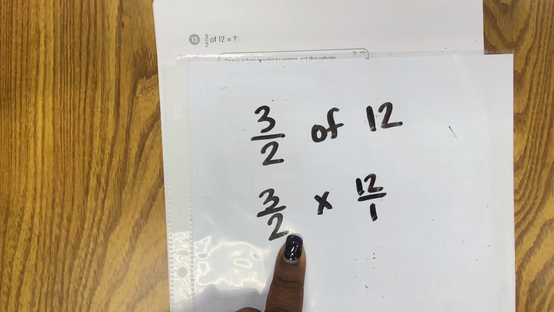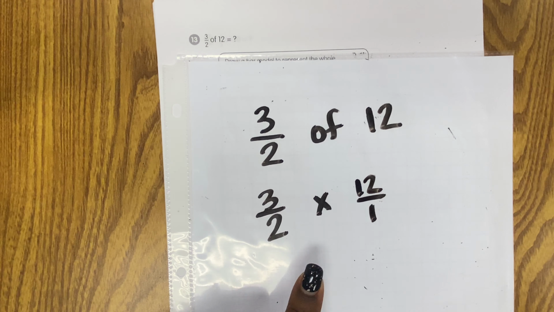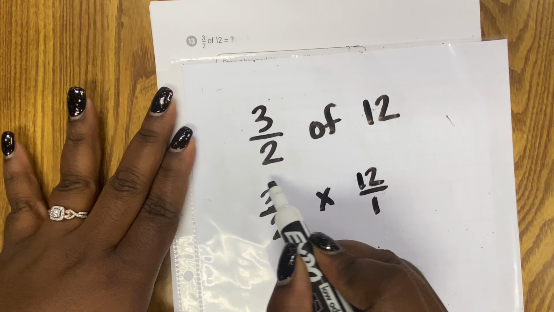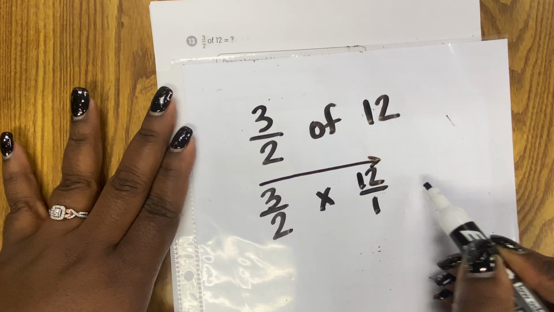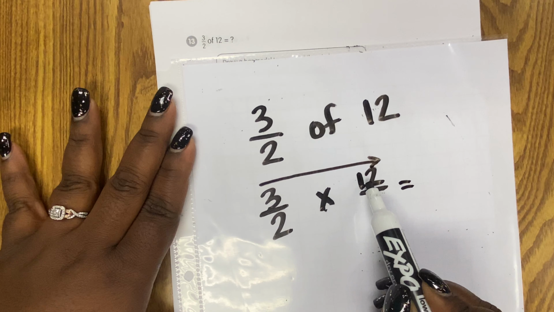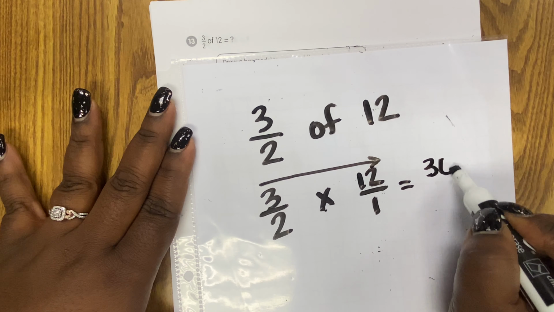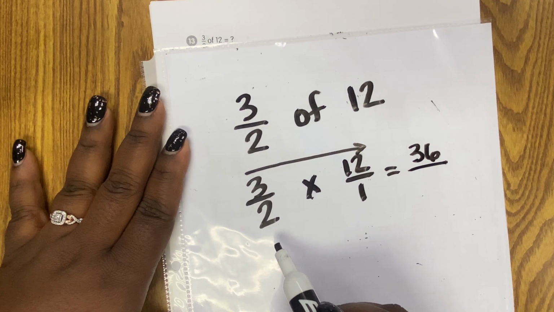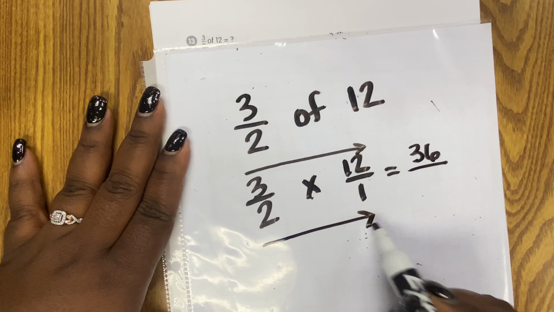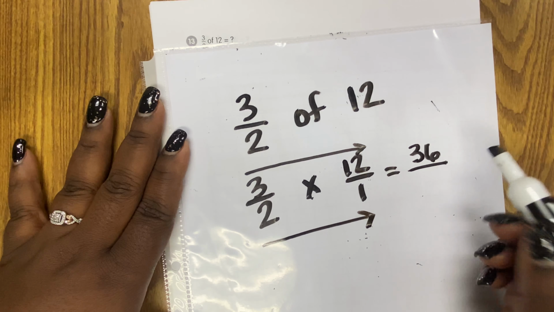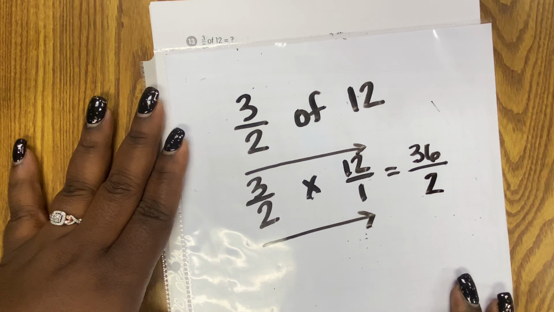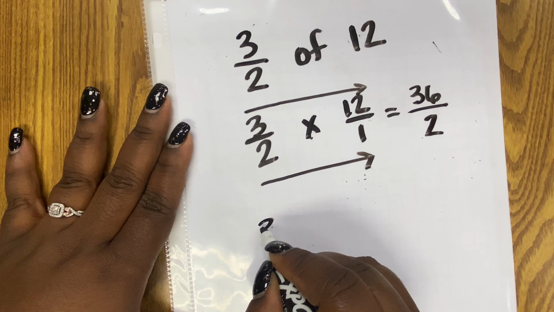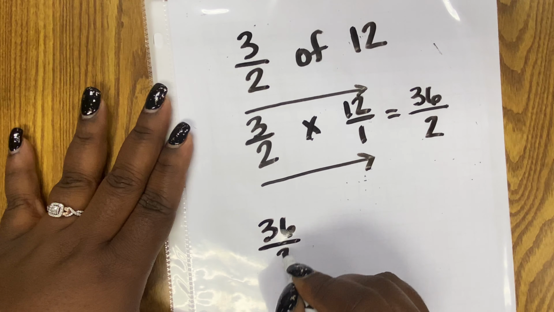So the great thing about multiplying fractions is that once you have it set up to where they're both fractions, you're going to take the numerator and multiply across. So 3 times 12 is 36. You're then going to take the denominator and multiply across. 2 times 1 is 2. Well, hopefully you remember how to simplify, because this 36 over 2